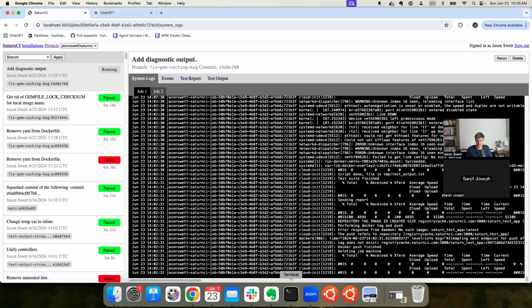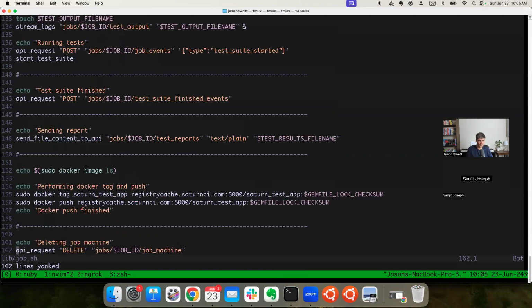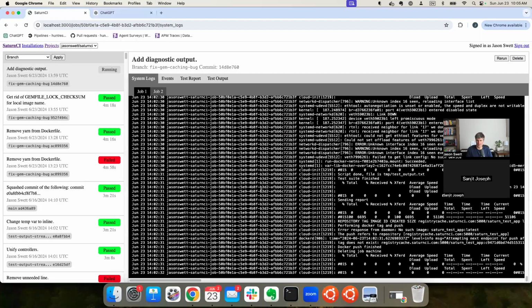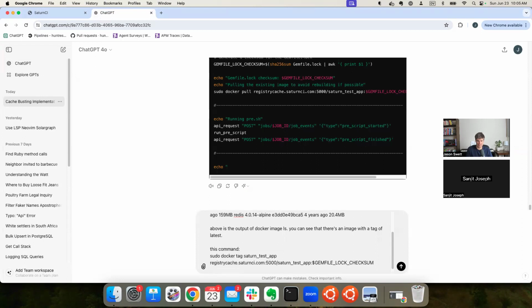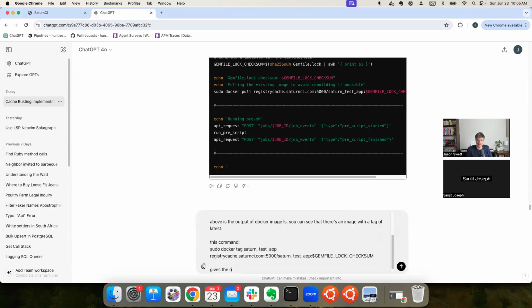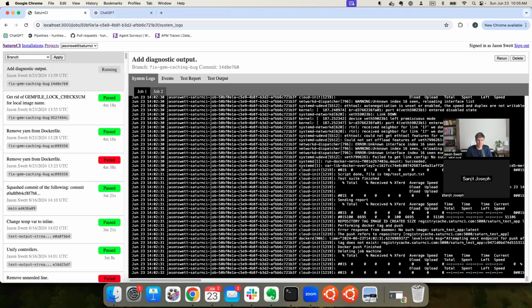Okay. But this command, must be this command, I suppose. Performing Docker tag and push, no such image. Okay. This command gives the output of